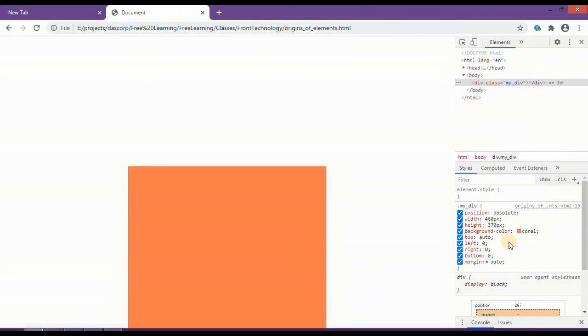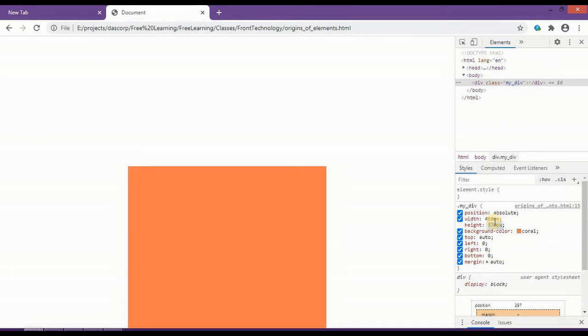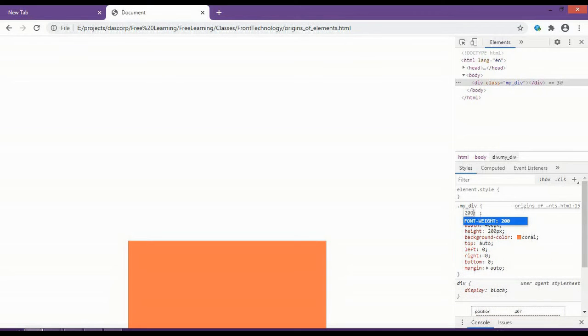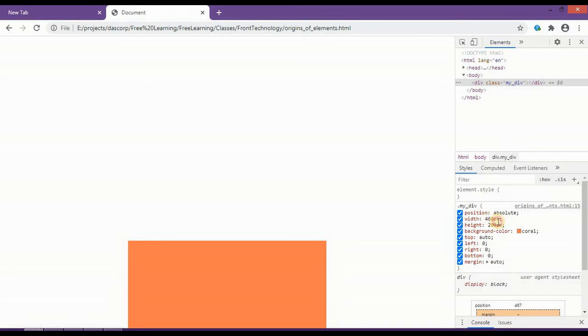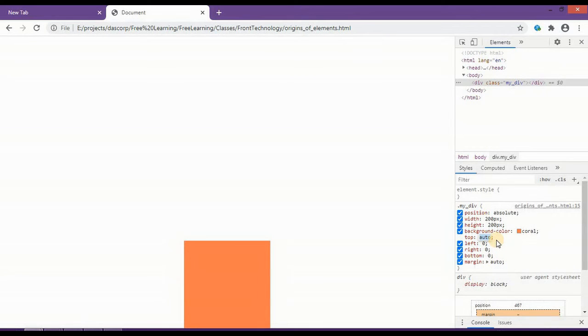So let's now go to our code editor. Let's provide some properties over here. I'll simply change this height to 200 pixel and width also 200 pixel. Right now we don't need this auto for this moment.